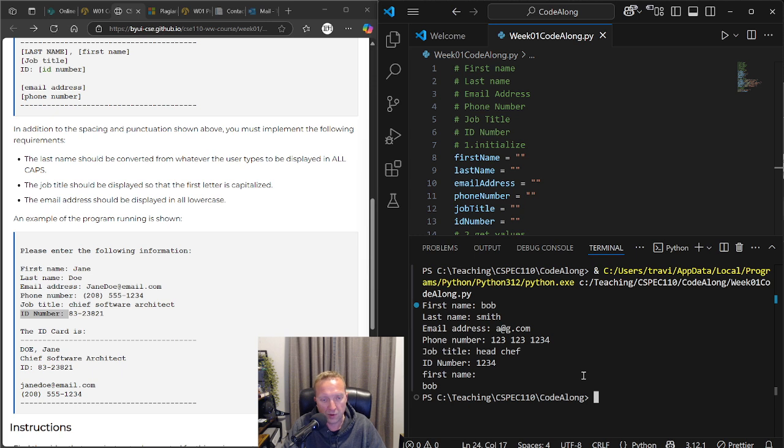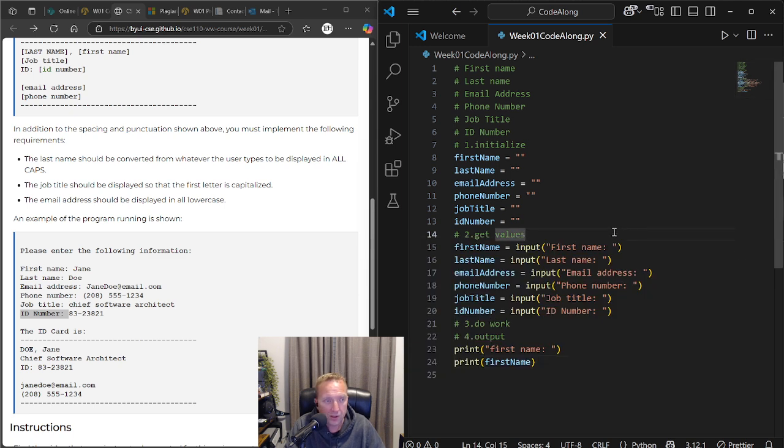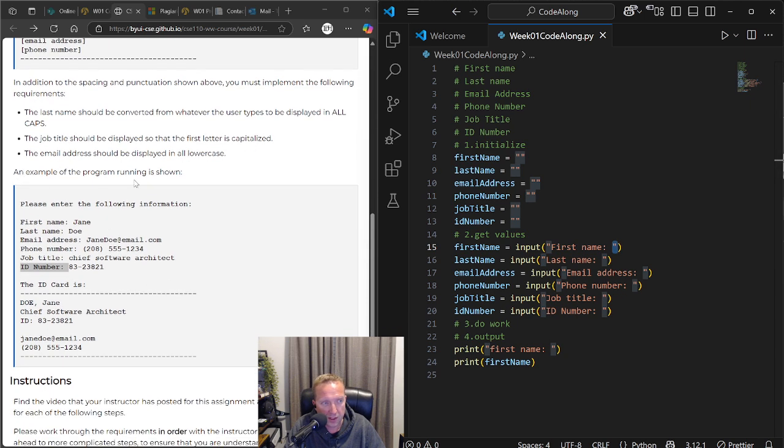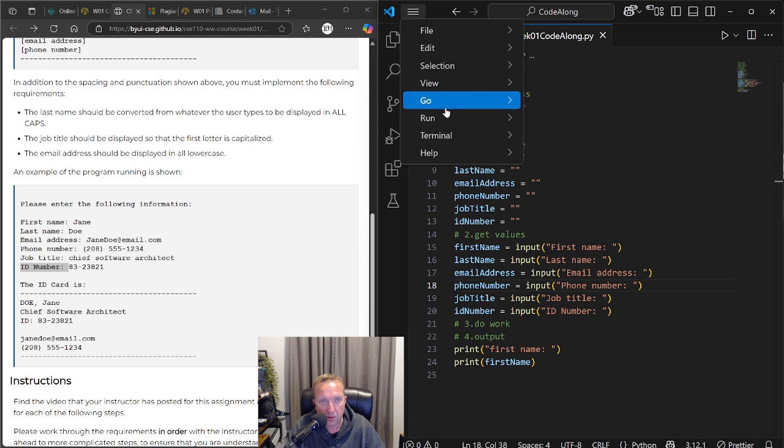All right, so it printed out first name and Bob. Awesome. Exactly what we wanted it to do. Okay, so let's go back to what it's asking for here. So this is the example of the running program. So we wanted to print out just like this. So if we go back to our terminal here,